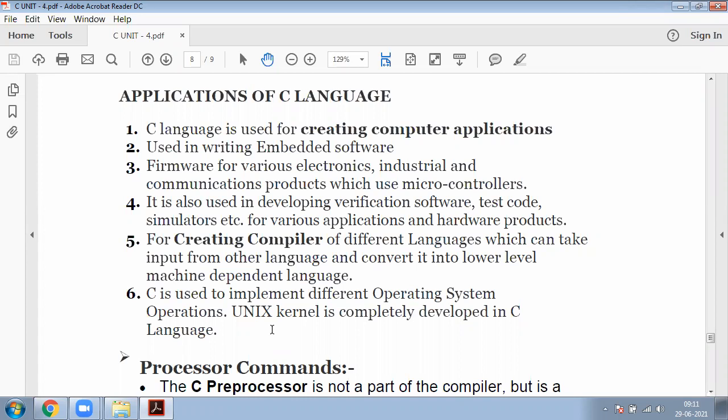So if you know C language very well, then you can understand every language. Simply we can say C language is the basic language for every language. Using C language, we can develop any type of computer applications.